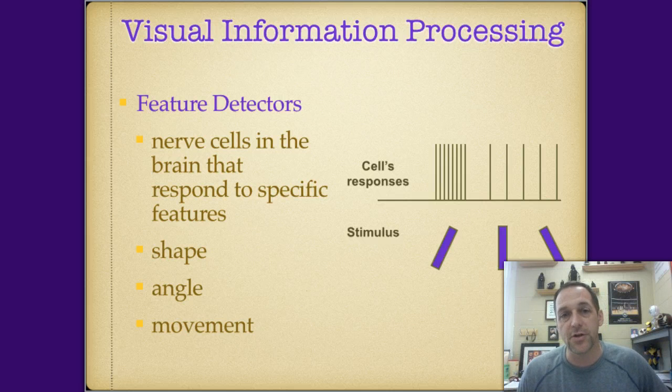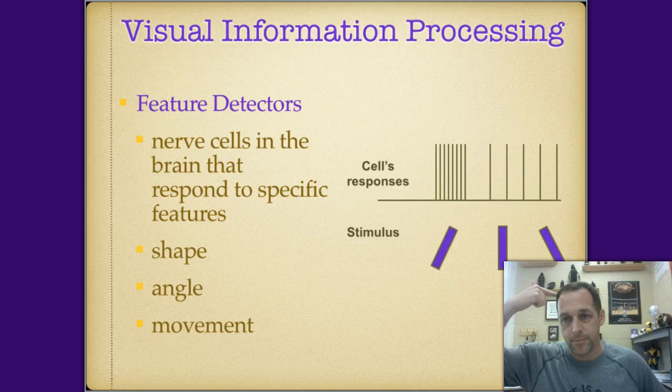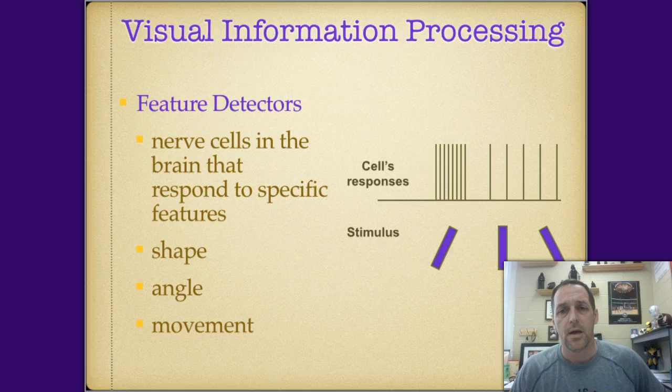Because certain feature detectors go off based on the angles that we see. An A has this angle with it, an H has this angle with it, okay? So, to be more specific, they actually take this guy and they put electrodes into his brain, I think it is, and they're actually showing that